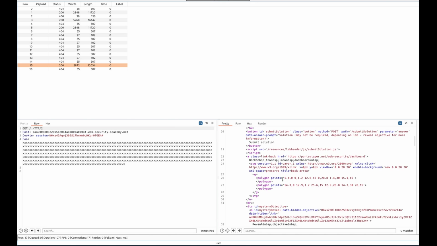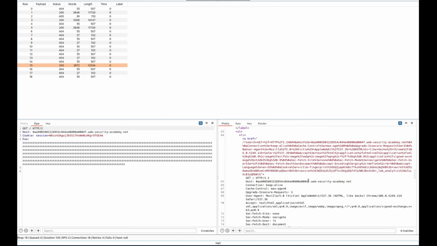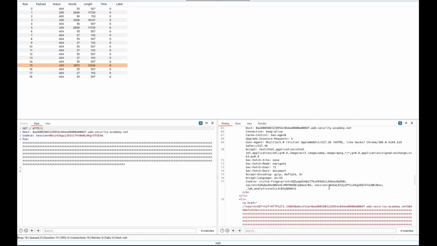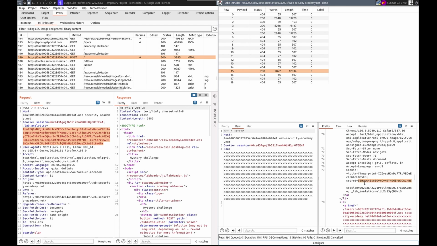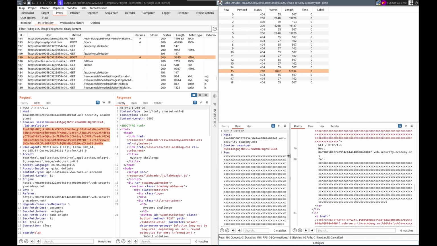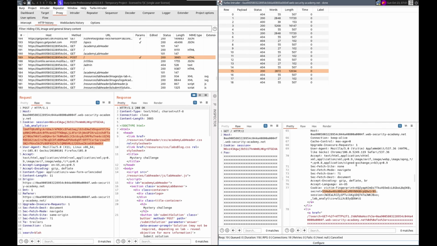Here's one that's different. Oh, there we go. Boom. Secret, session, victim fingerprints. So we can use that one, which was right here. Let's boom,